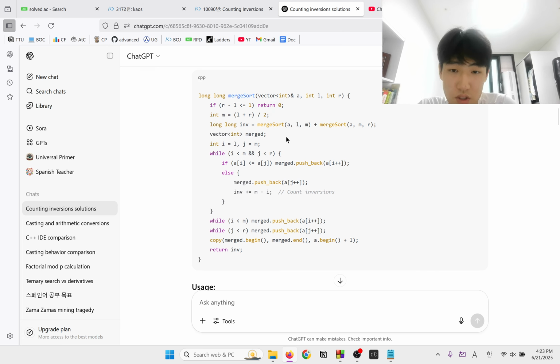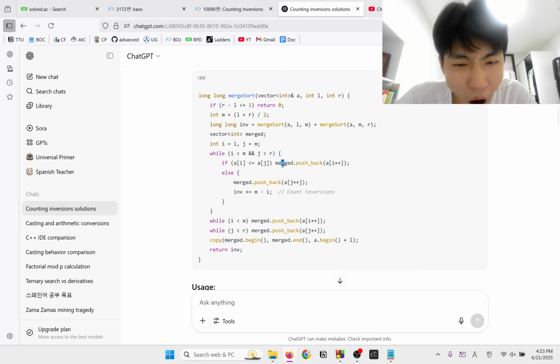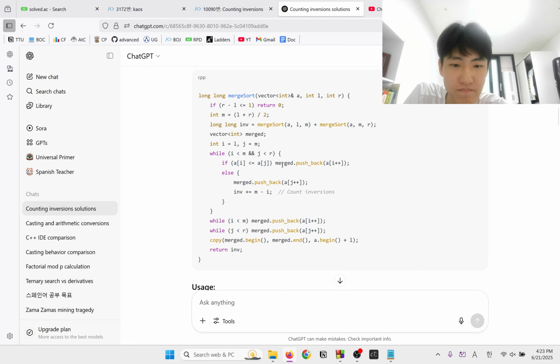I is left, J is mid. So if the one in the back is smaller, then we count the inversions.